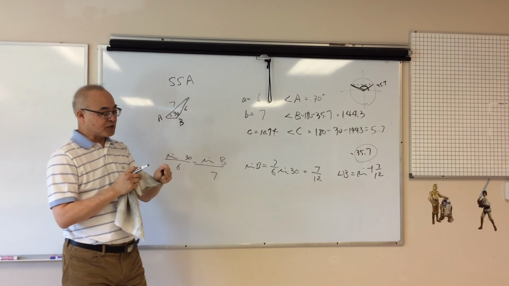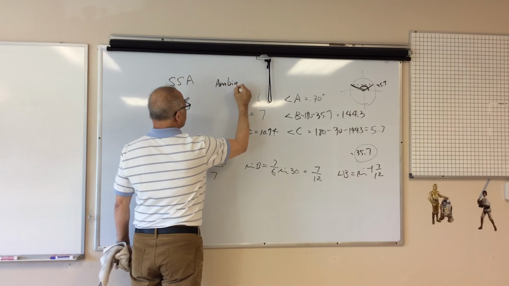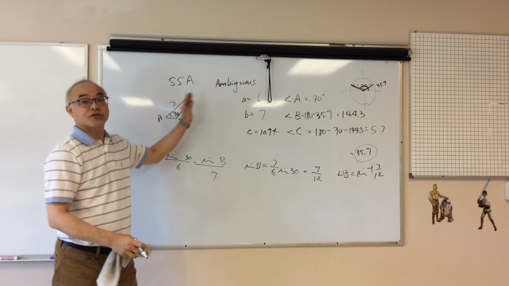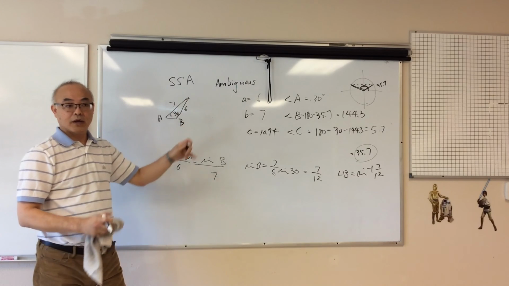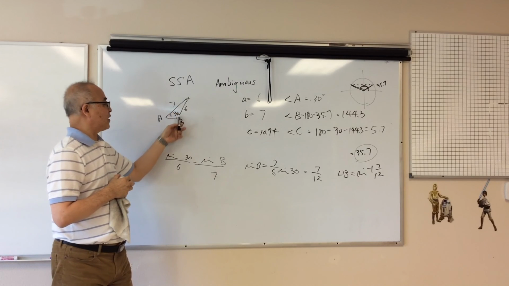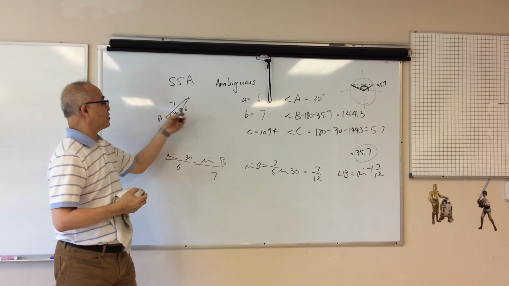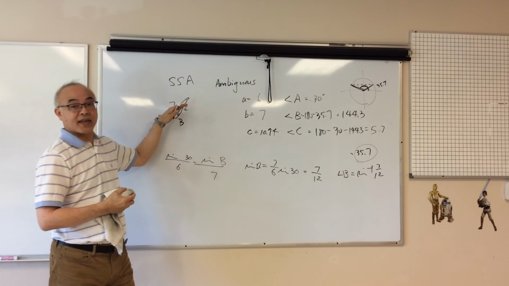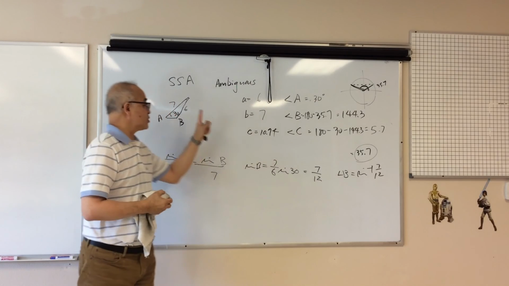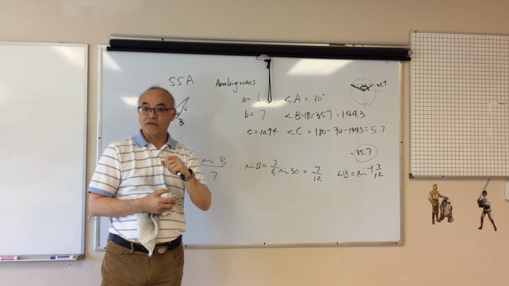Yes. Okay, so this would be what we call the ambiguous case. Why is it ambiguous? Because you don't know. Because I have 2 separate triangles, right? So, if this length is larger than this length, you'll have an ambiguous case. The first one we did, we had 6 over here and 7 over there. It does not fold back into each other, right? You cannot fold it back in, so there's only one triangle, right? But this one, you can fold it back in, so there's actually two separate triangles that you have to solve for,